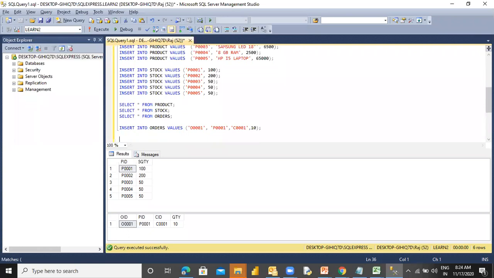So let's create a trigger. What do we want? Remember, our requirement is whenever there is an insert in the orders table, the quantity in the stock table should be updated. So I will say create trigger, name it anything. So tr_in_